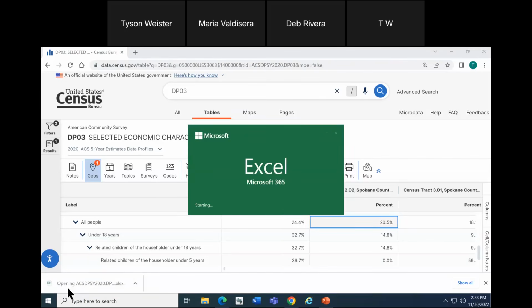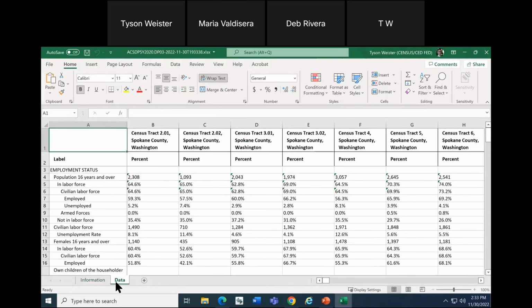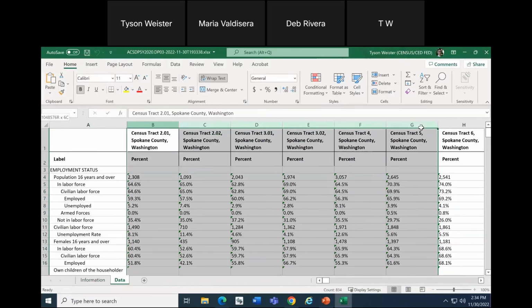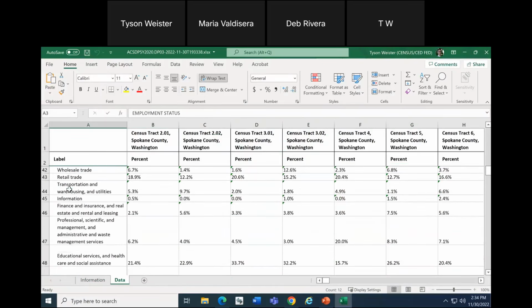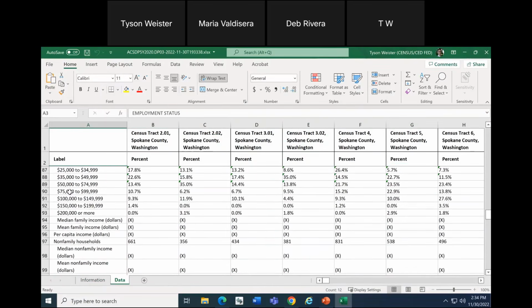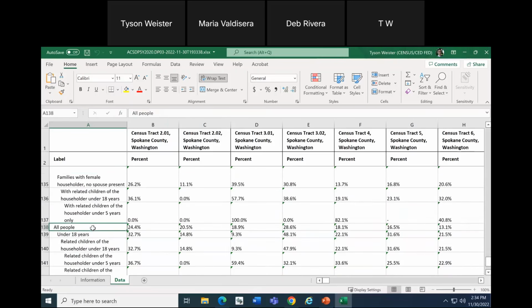We're going to get a page that has information, source information, geography selection, a web address, and more you can drill into. What you'll likely be most interested in is the second tab that says Data. Notice the columns contain our geography selection. It also includes all the customizations that we made on the site. We're only getting the column for percent. And on the left-hand side, we're getting the same information in a readable format. The labels are indented and laid out in the same way that it was in the table display. So scrolling down here, we'll get to the poverty section, and we can see, as an example, we were looking at these data for the percent poverty.